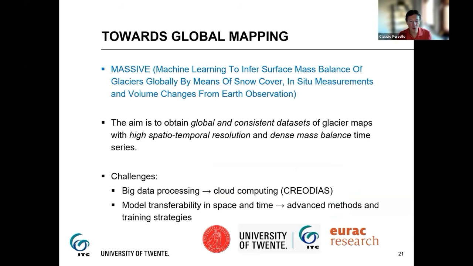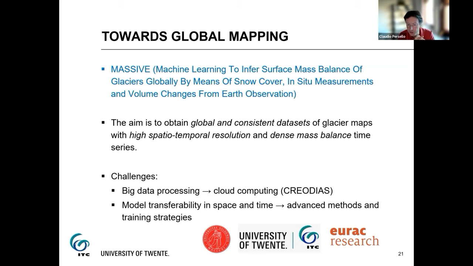Okay, what are we going to do next? I want to conclude this talk by talking about what we are currently planning to do. What I've been showing so far are case studies, and what we see also in the literature a lot are studies that are local, they look at the local situation. But what we want to do now is try to capture a global picture, what is happening at the entire global level. And that's what we are trying to do with a project called MASSIVE,